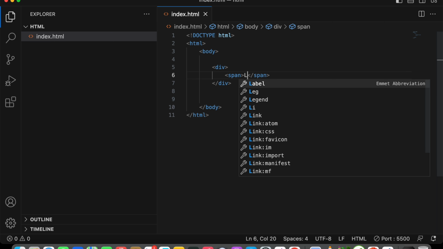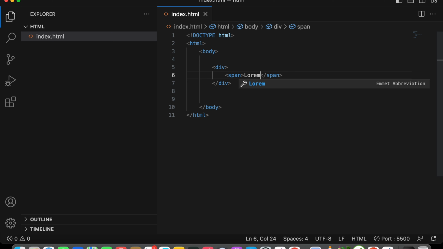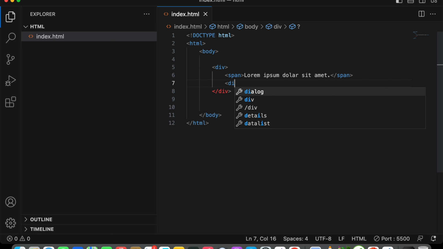Inside this I'm going to type some lorem ipsum. Okay. Now after that I'm going to add the div below the span. Inside the div I'm going to say em, which is the inline element,